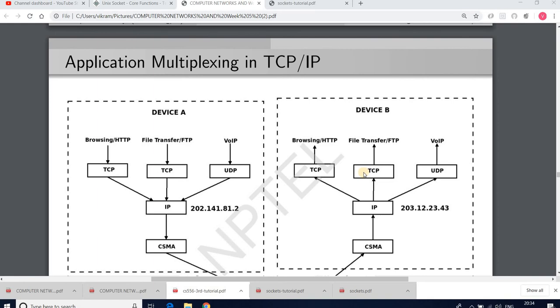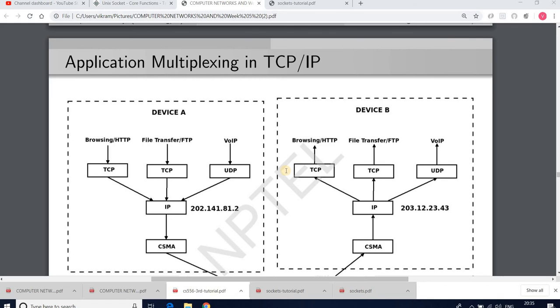Similarly, for our other applications, the application running at device A and the application running at device B can be segregated with the help of the port numbers. And remember that whenever we talk about applications in a Unix based system, we represent them in the form of a process.